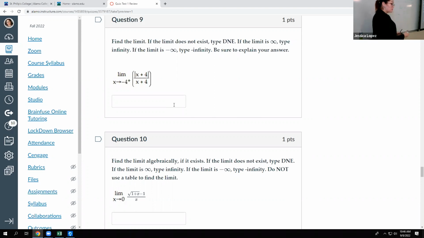The one you're probably going to want to do is numerically, not these. That doesn't mean that these are invalid. These are totally okay. But numerically is the table. So you have x, you have f of x, and since I'm trying to get to -4, but from the right, I would start with -3.9, right? So that it's like right there. And then get even closer, so -3.99,